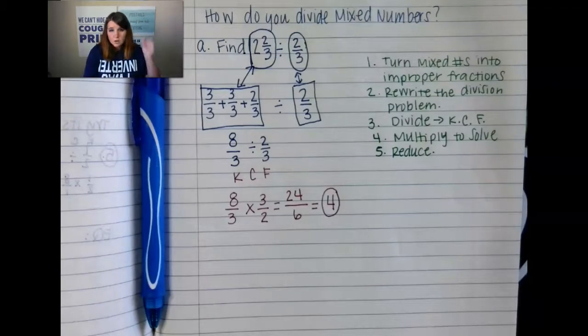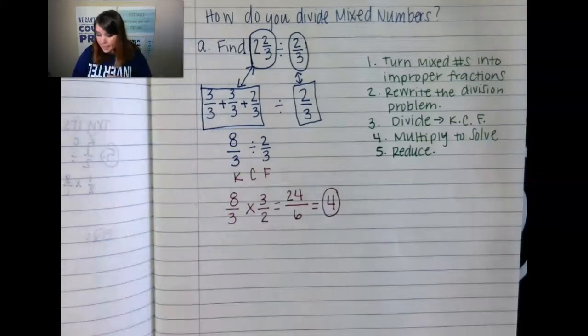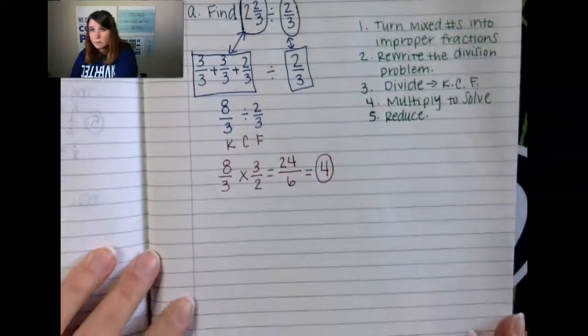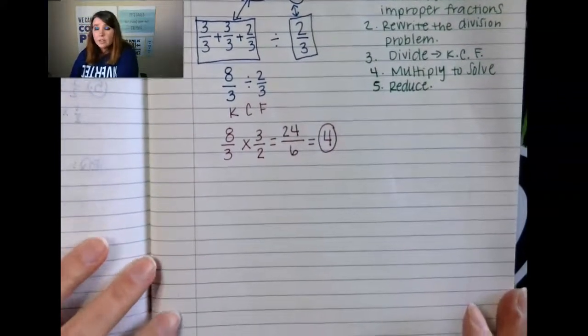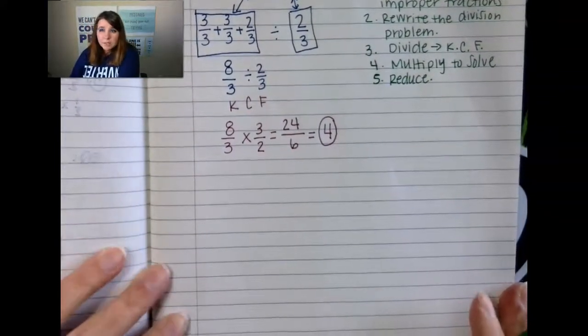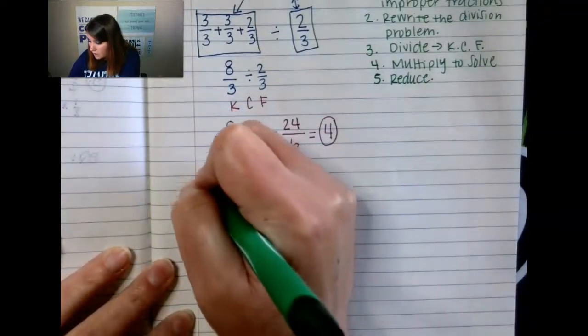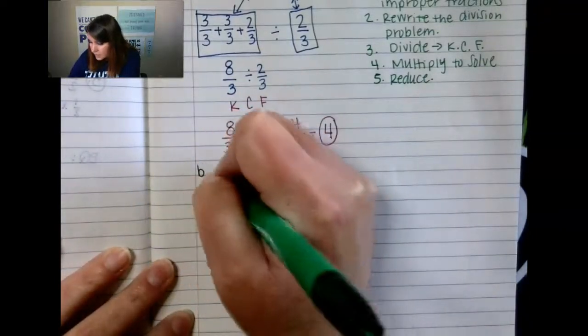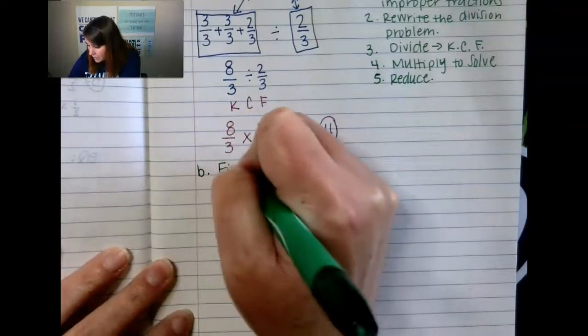Okay, so I'm going to do another one with you. We're going to do one more together, and then I'm going to let you try it. So let's do another one because I know that changing mixed numbers is a little bit tricky. Okay, so B says to find